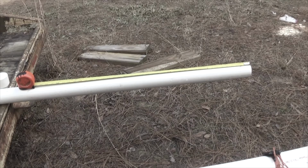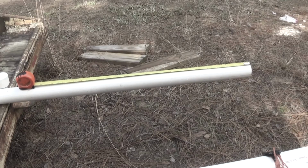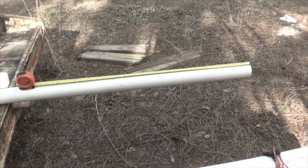The tape measure is sitting at 40 inches. The cap, which is the little white spot right beside the orange tape measure, is the cap for that, and it is 1 3/4 inch deep. That could be cut down since the pipe isn't holding any kind of pressure. Cut it down to say 1 inch, and there's no reason for that because the man has 6 feet of